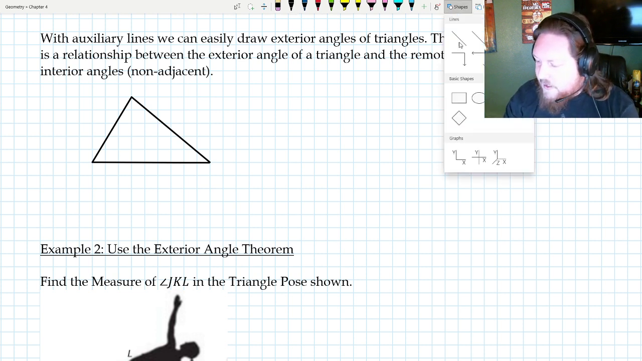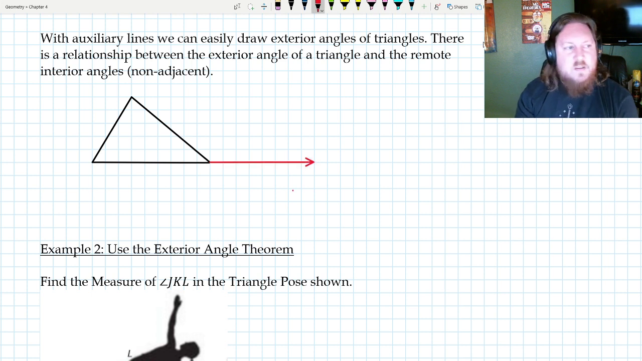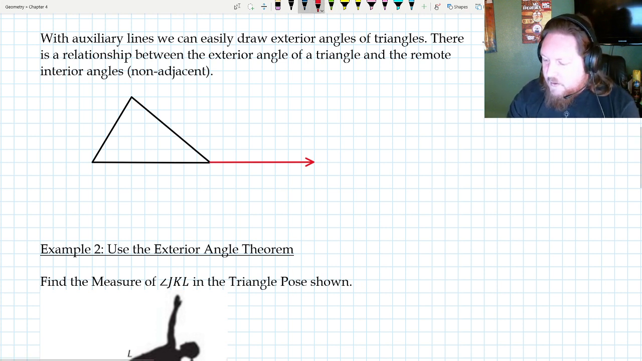I'm going to extend one of the sides with an auxiliary line. So you can see what I've done there. I've just taken this bottom edge and I've extended it out. It didn't have to be the bottom edge. It could have been any of the edges. But what happens here, this angle that's left over,